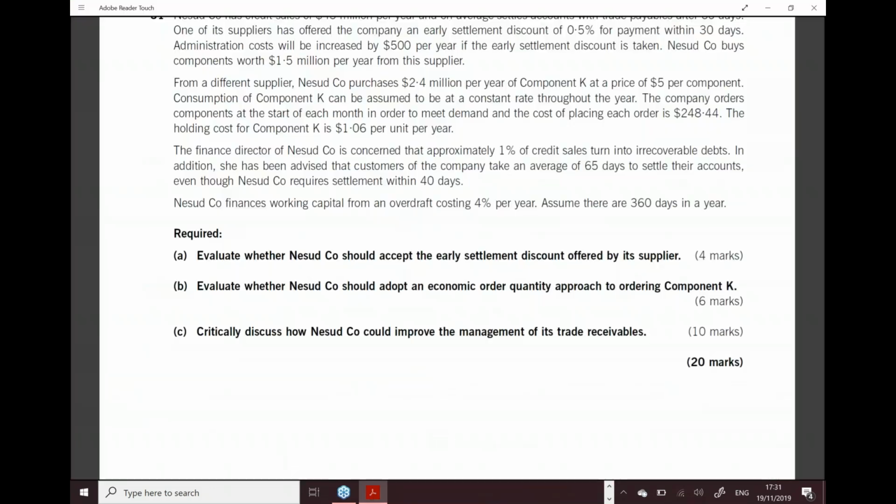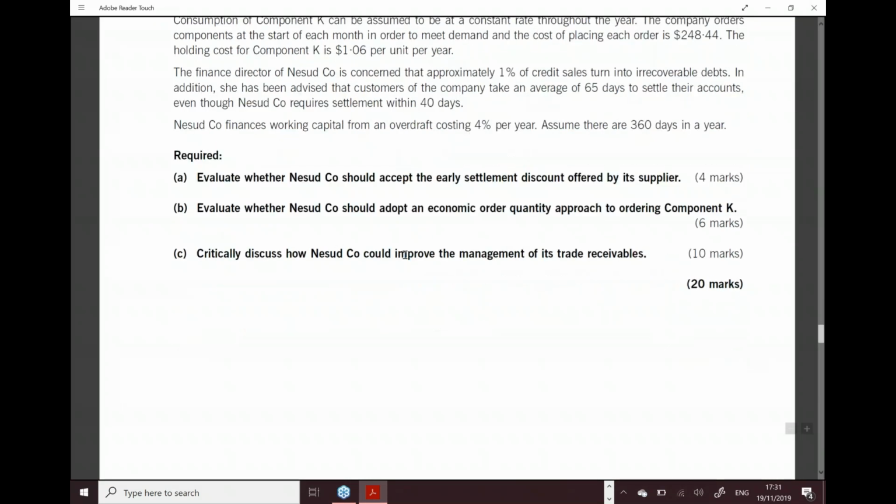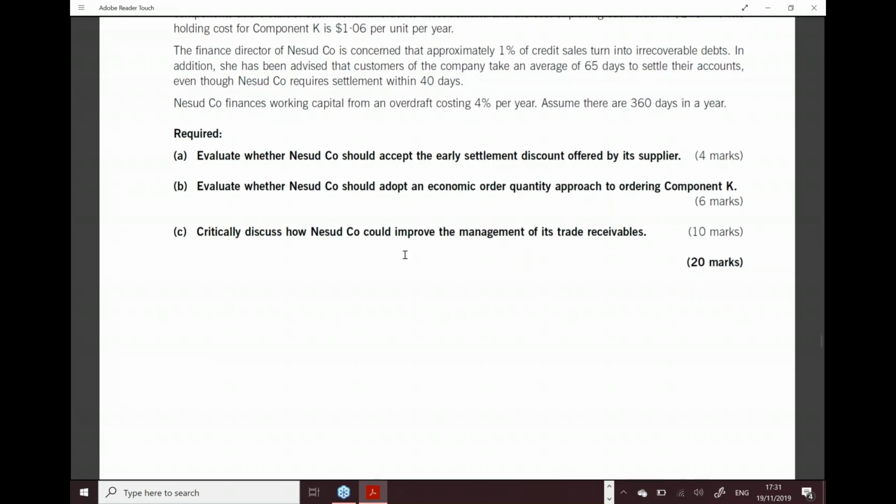Critically discuss how N company could improve the management of its trade receivables. Well, if you want to manage your trade receivables, just like I showed you in the slide before, have a policy with regard to your debtors, have in place proper credit screening procedures, have in place proper invoicing and monitoring procedures, and have proper collection procedures. Discuss that. Lastly,